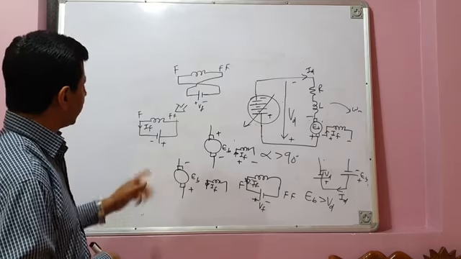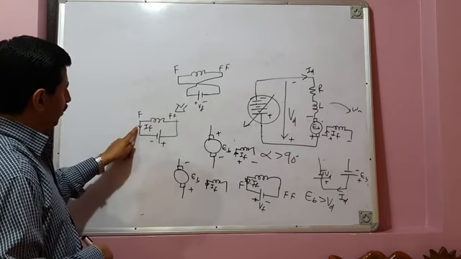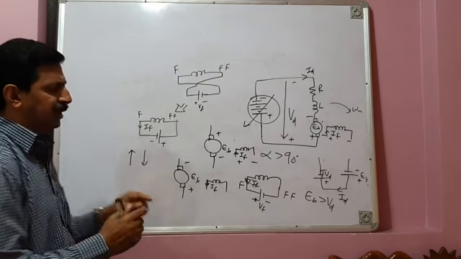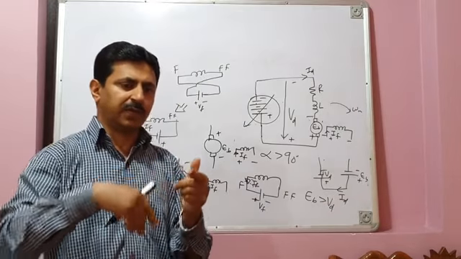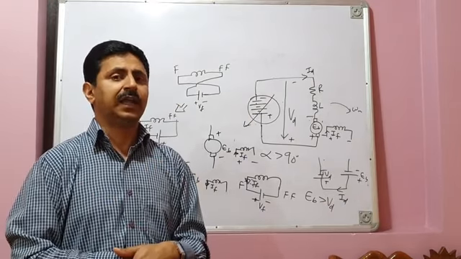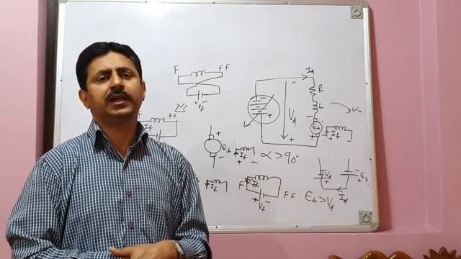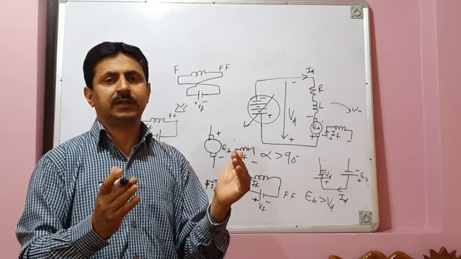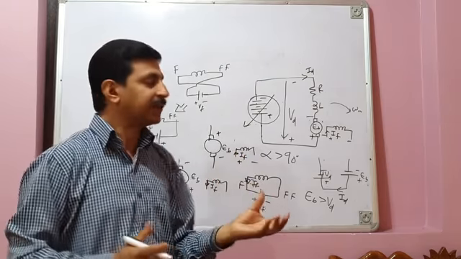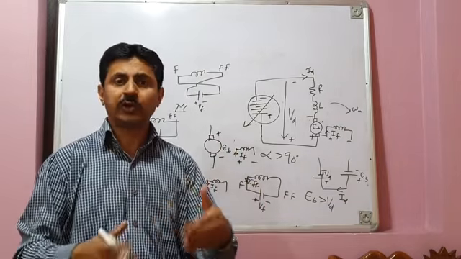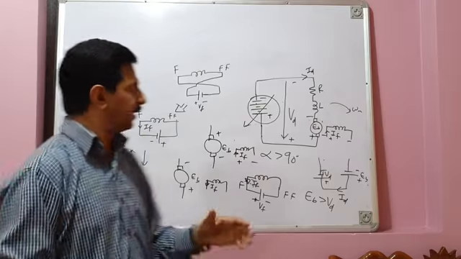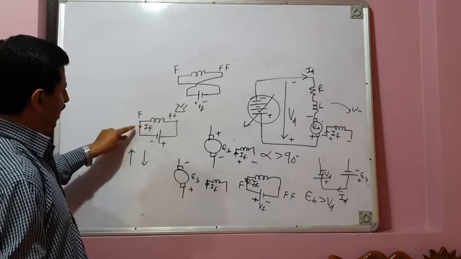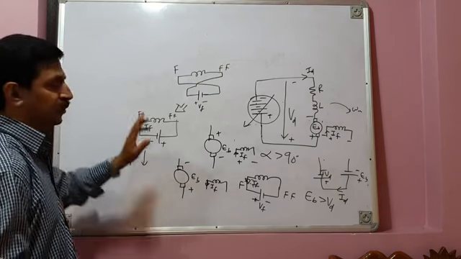And the second problem is that as soon as you reverse the direction of field current, previously the current was flowing in this direction, now it has to flow in this direction. The current takes time to reverse from one direction to another because the field is a highly inductive circuit, and for a highly inductive circuit, the change of current from one direction to another takes time. That results in a sluggish, slow response of your motor. So flipping the field terminals this way is not a practicable way.